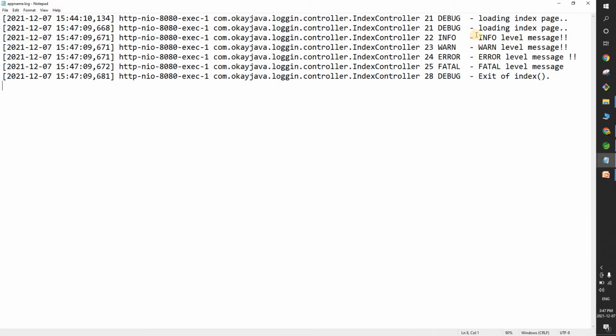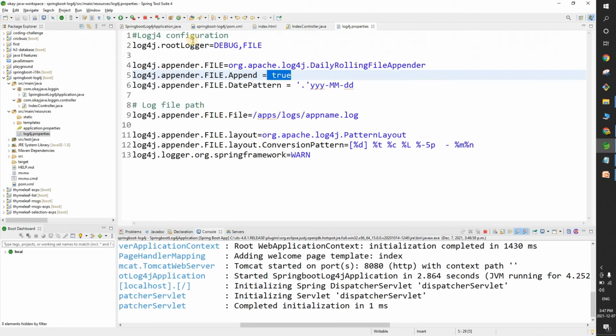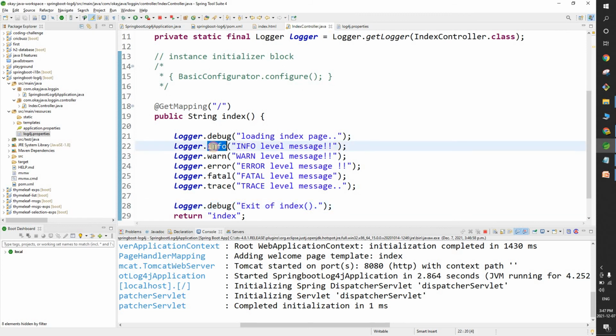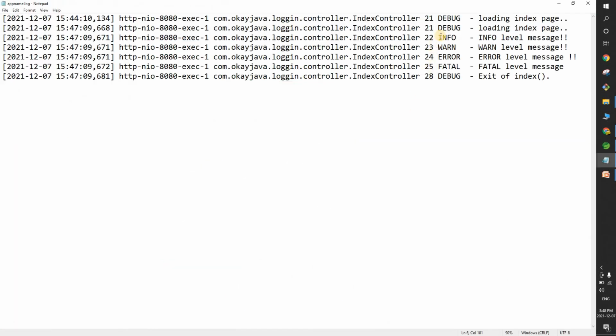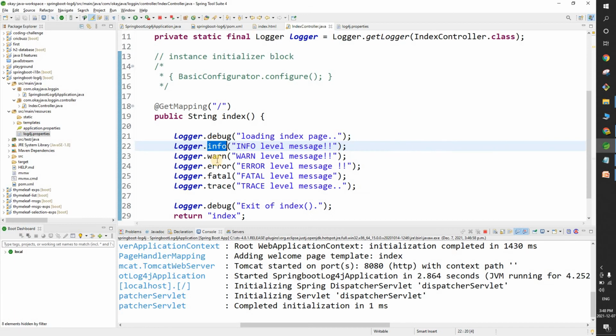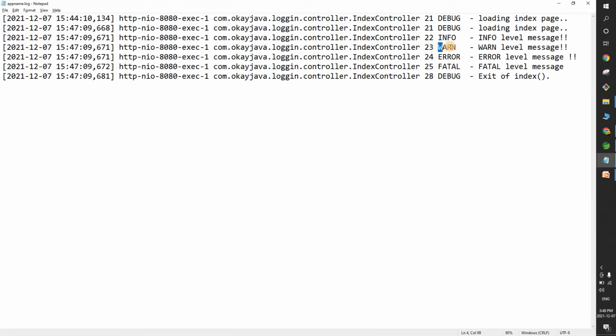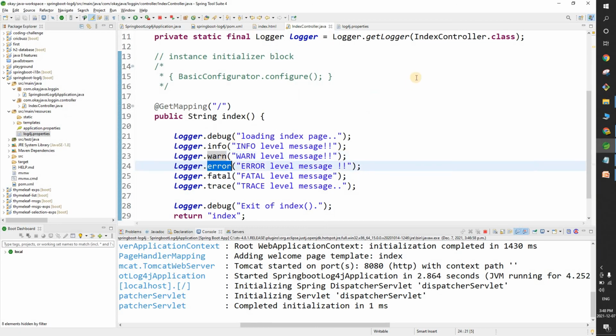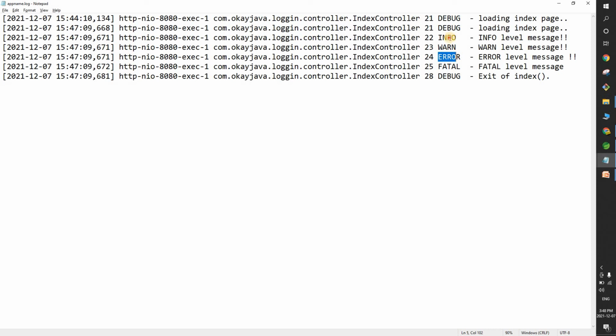Then you see the next log levels are debug, info, warning, error, fatal and debug. Why? Because you have used these functions. Info will be marked as info level, warn is for the warning messages, and error is error here, right? So these are the different log levels that you can configure in your application.